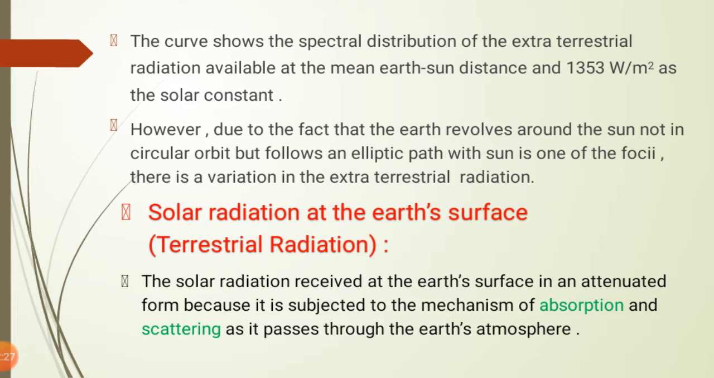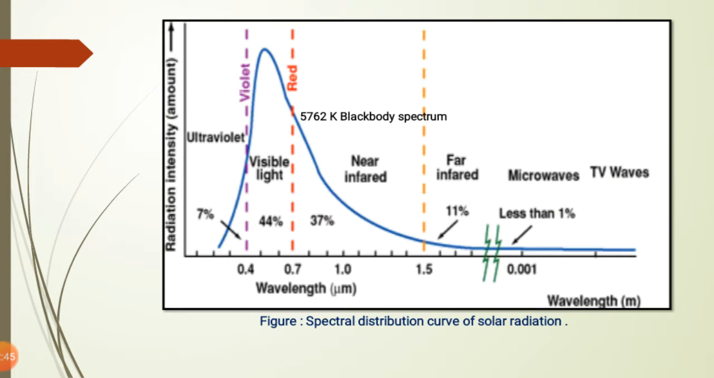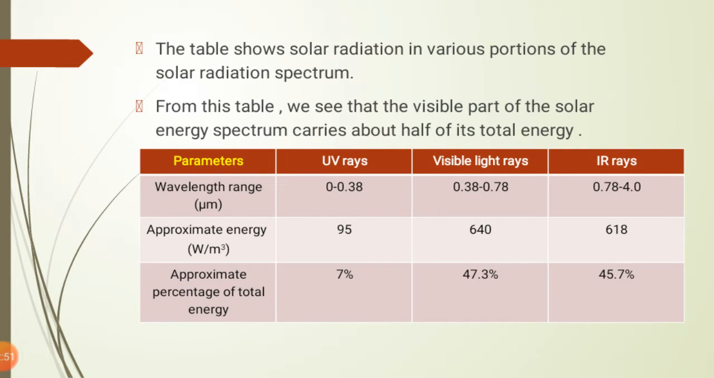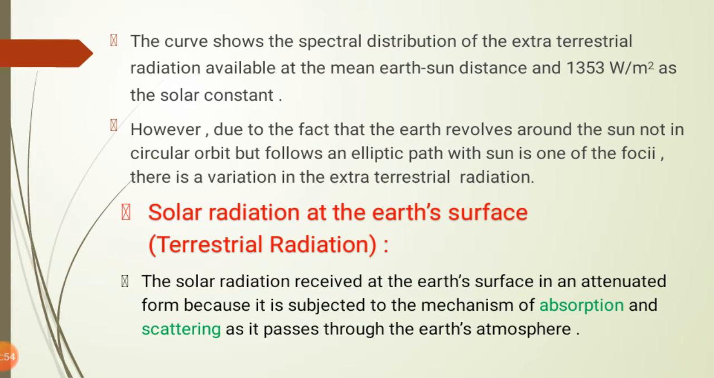The curve shows the spectral distribution of extraterrestrial radiation available at the mean Earth-Sun distance and 1353 watt per meter square as a solar constant. Now, as we have seen, this curve shows the spectral distribution of the extraterrestrial radiation available when the distance between the Earth and Sun is the mean distance, which is 1.5 x 10^11 meter, and the solar constant